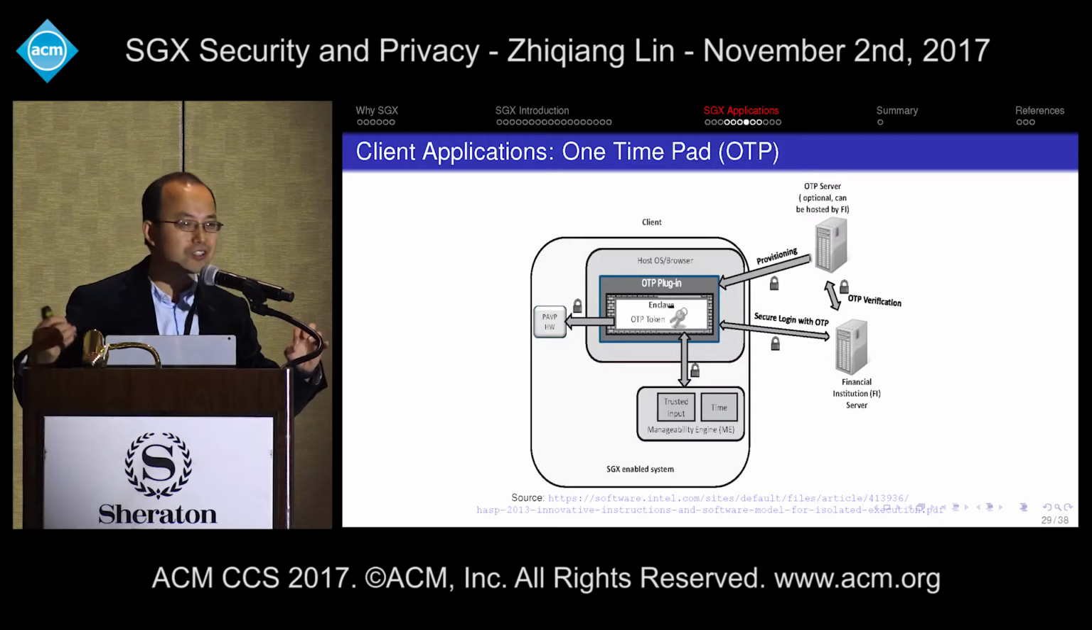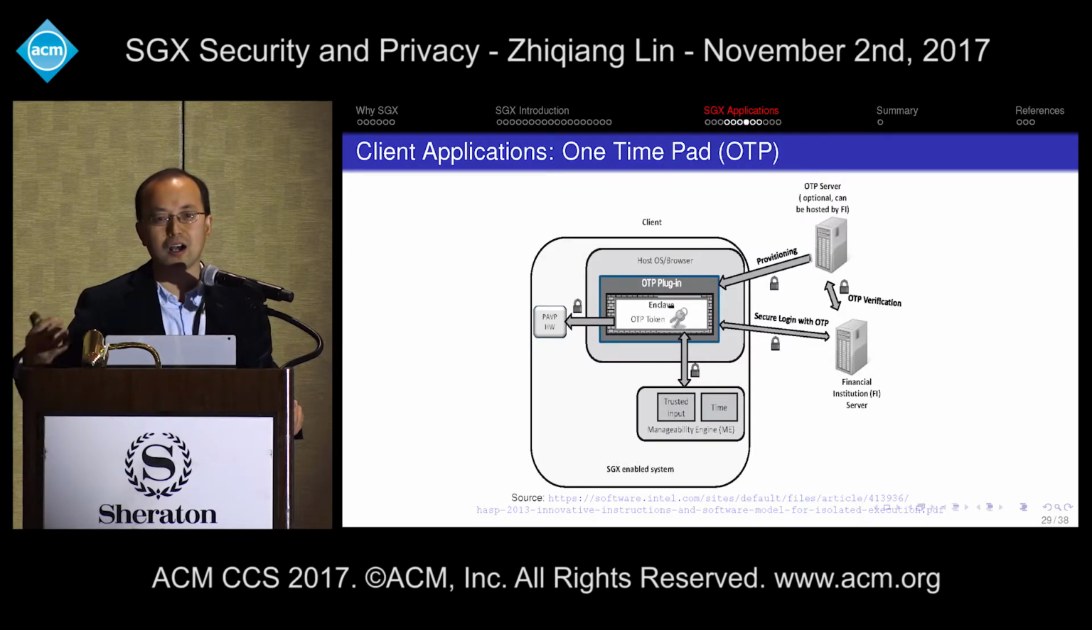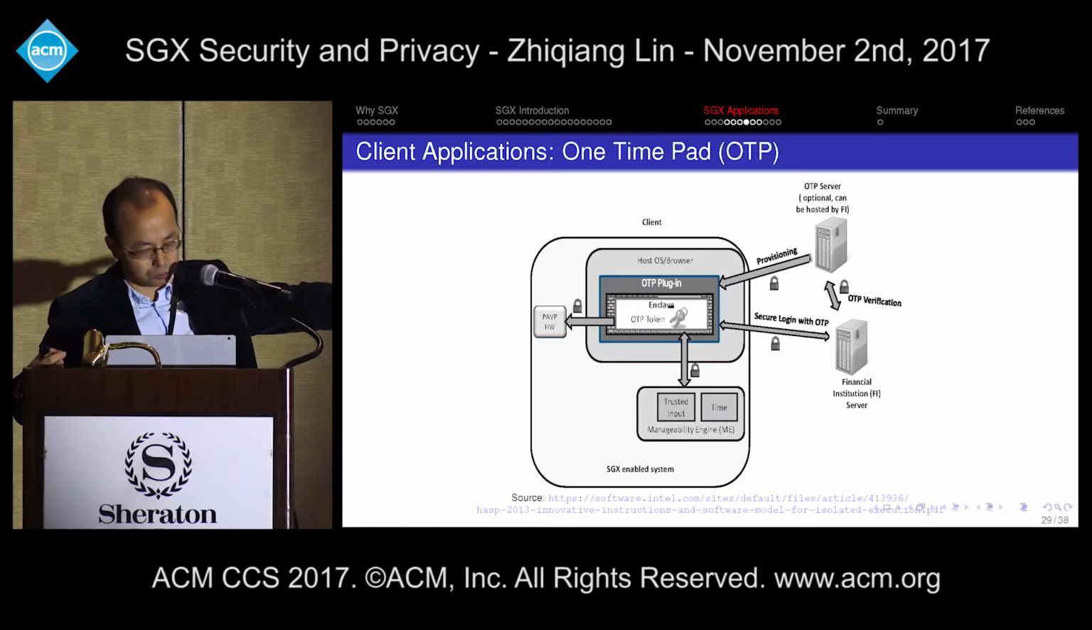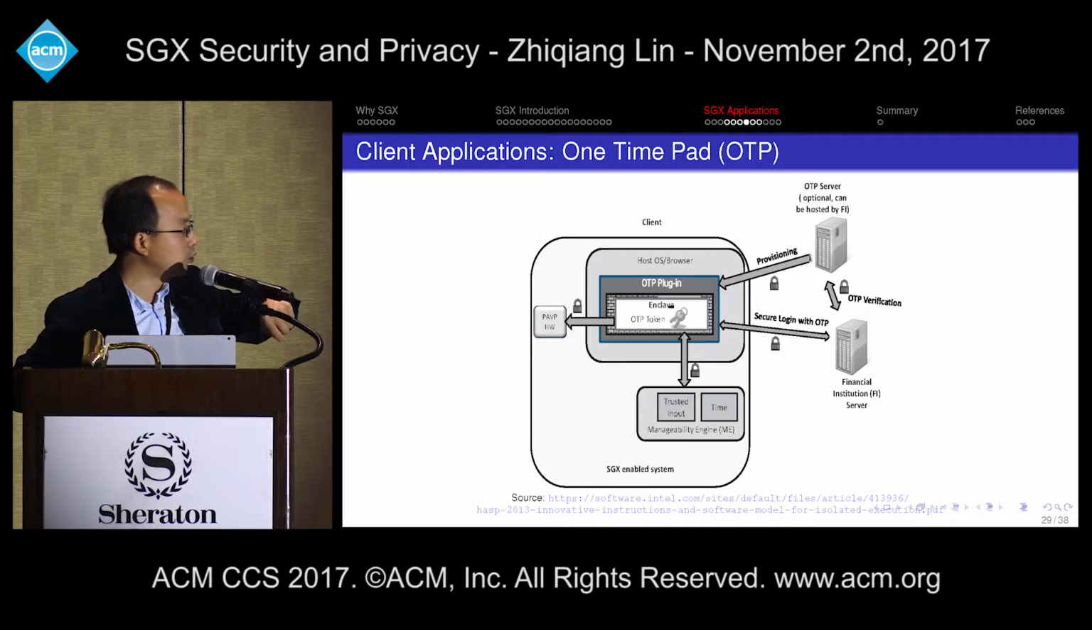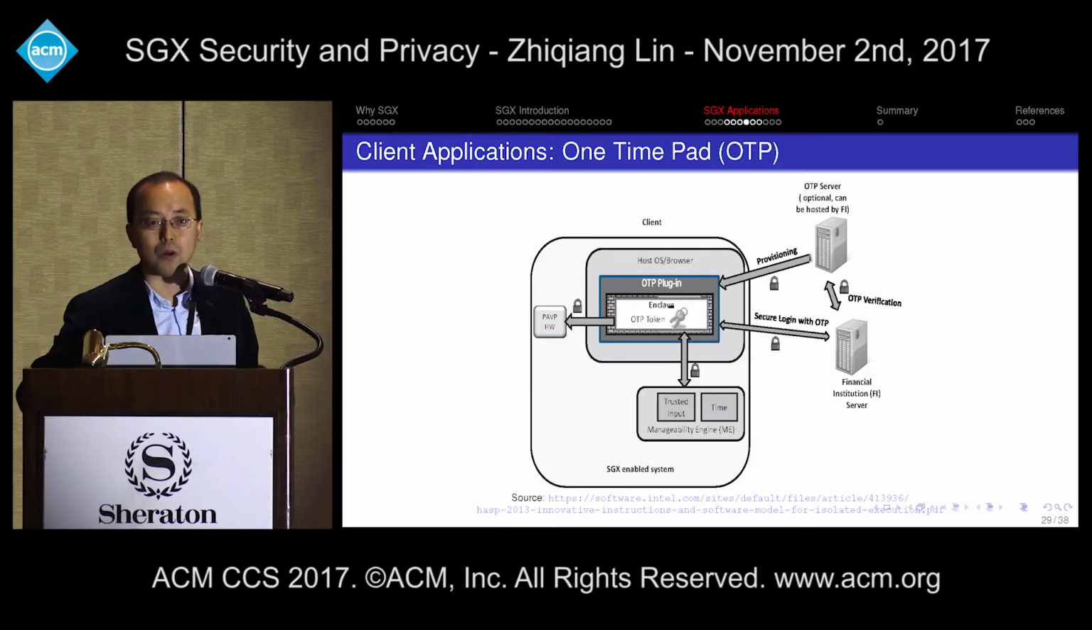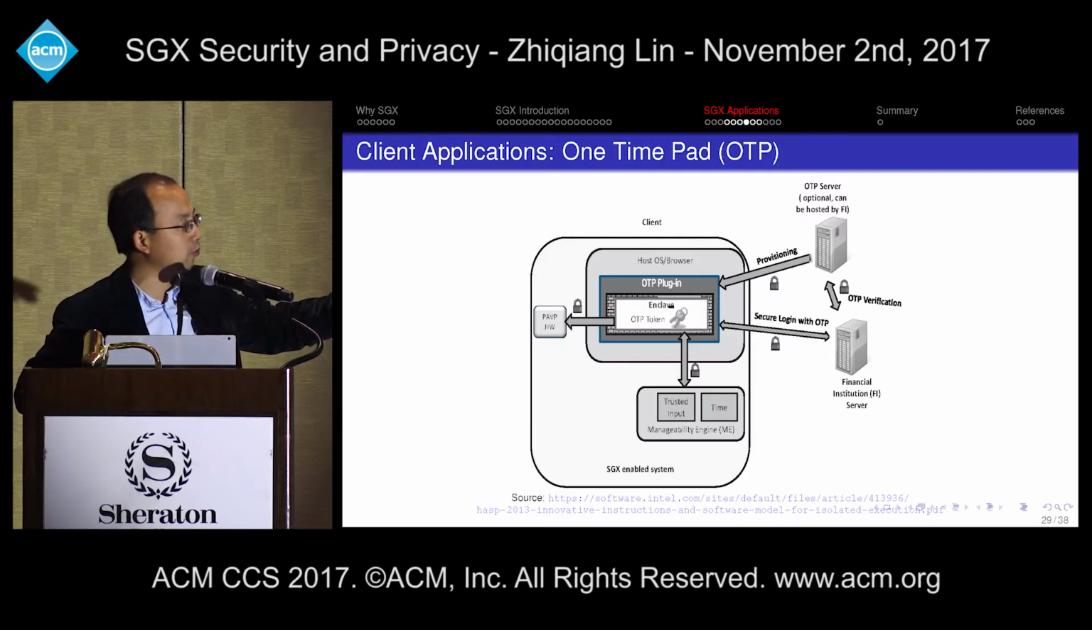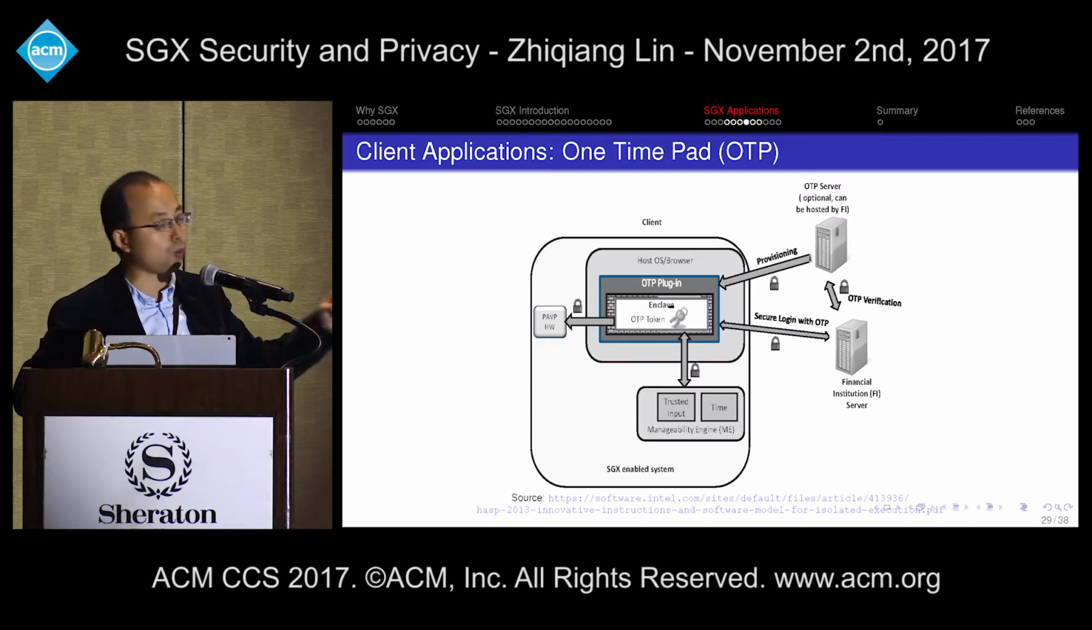Let's zoom in a little bit to see the first applications demonstrated by Intel. They published this work in the HASP workshop in 2013. They demonstrated applications such as using SGX to build a one-time pad. You can see here, this runs on the client, on your desktop or laptop, and this region is the enclave. The enclave maintains your one-time pad. We know the one-time pad is a cipher, right? Randomness is important in the one-time pad, and you definitely don't want to leak it. So Intel demonstrated that we can build a strong one-time pad by using SGX on the client, and